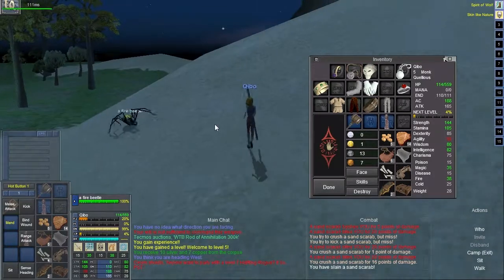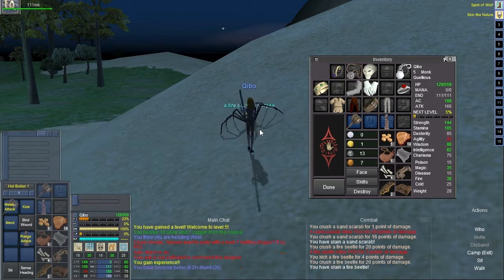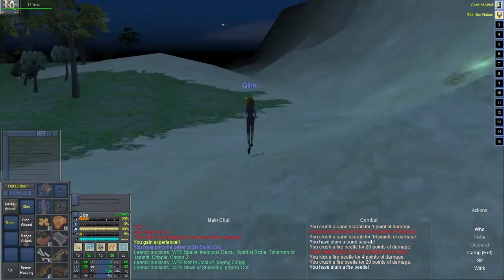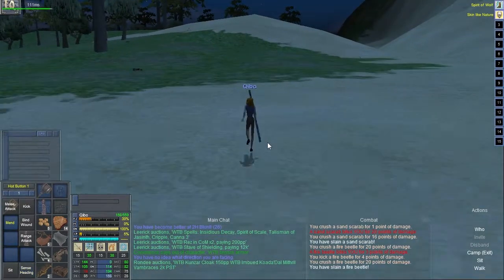4% into level 5. I had no idea if I'd actually get to level 5 or not. I'm glad these are still blue. So I think I get a new ability at level 5, which is why I wanted to head to the trainer and end this there. But as we waltz onto the trainer,